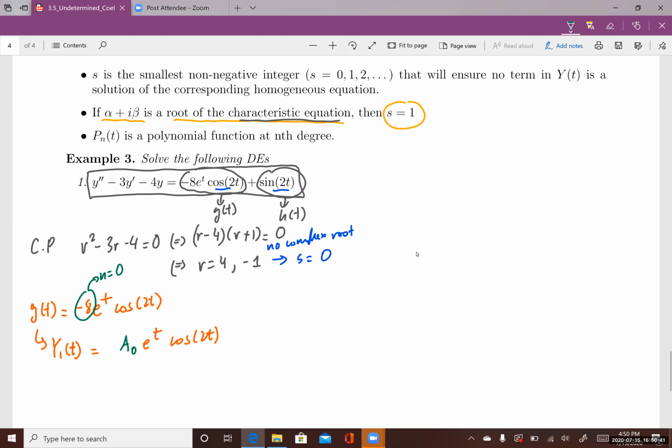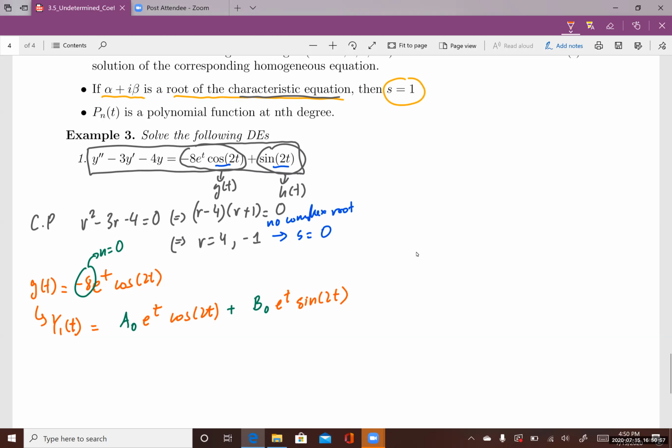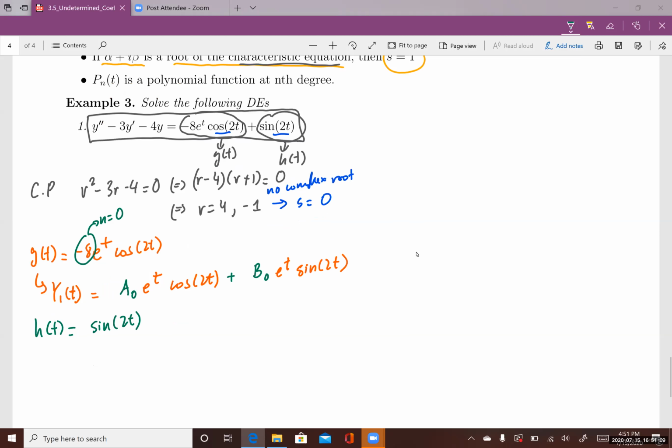And plus, again, you need to repeat this step, but with b0 to distinguish from a0, and then you still have e to the t, and you have sine of 2t. Now for h of t equals sine of 2t, then you have Y2 of t equals,